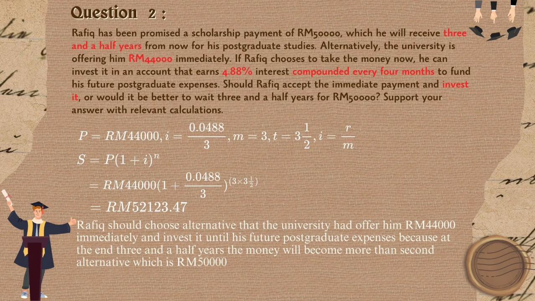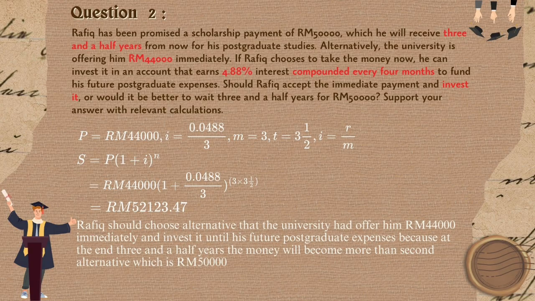Next, by the question, we can see a keyword invest. So we will use a formula S equal P(1 plus i) powered n. Then enter the information into the formula 44,000(1 plus 0.0488 divided by 3) powered by 3 multiply 3.5, equal